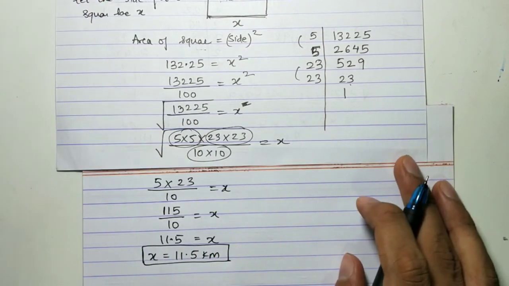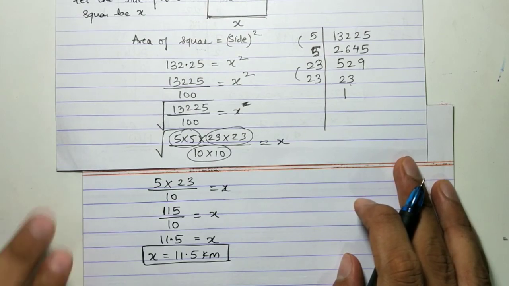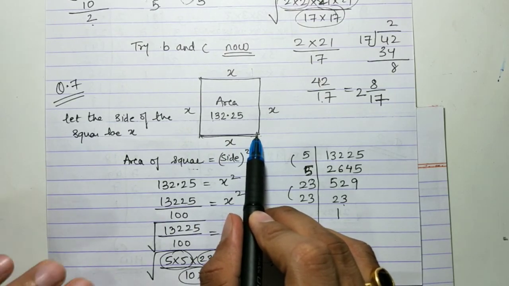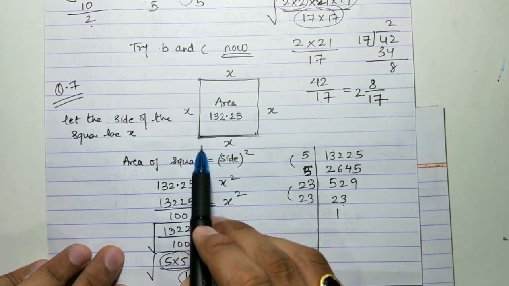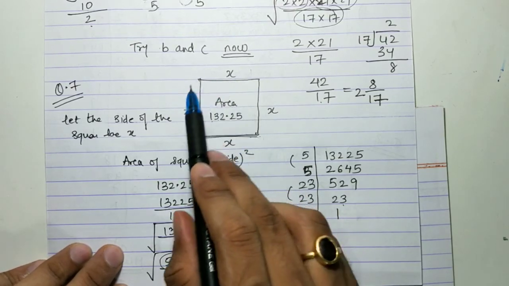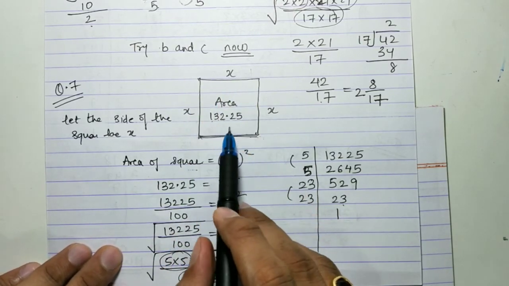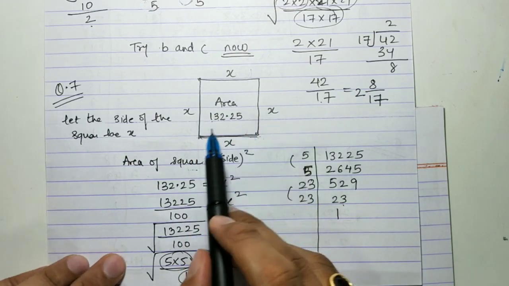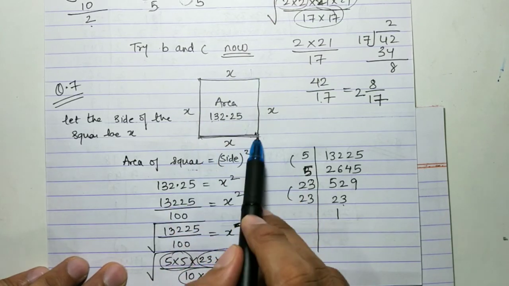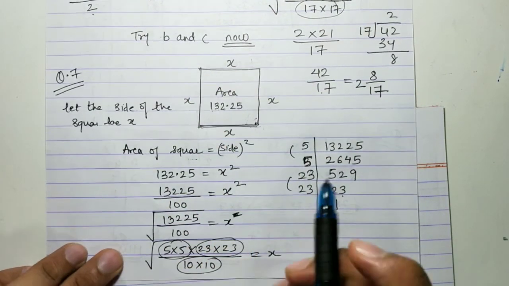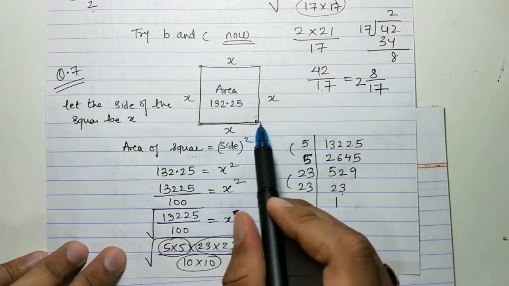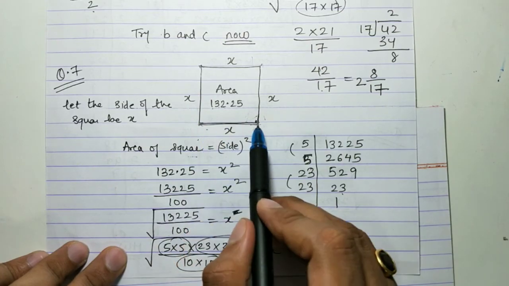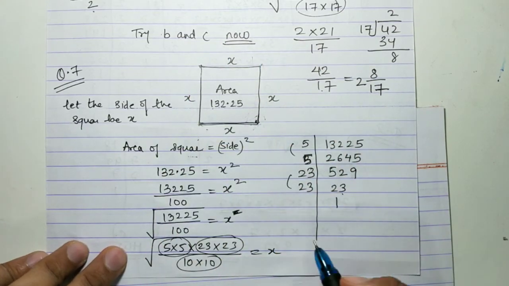But the sum is not over yet. Now we know that this distance is 11.5. Okay, but they have told that a man runs around the field. He ran the whole field 3 times. Okay, a man runs around the field 3 times. What is the distance covered by him? So 3 times around the whole field, 1 2 and 3. If this is 11.5, 11.5, 11.5, 11.5, 4 times 11.5 makes one round complete. Correct. And he has done this 3 times.